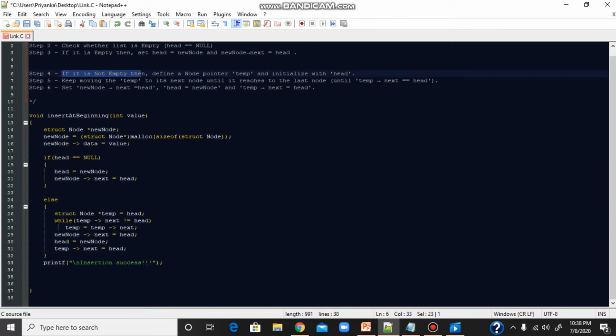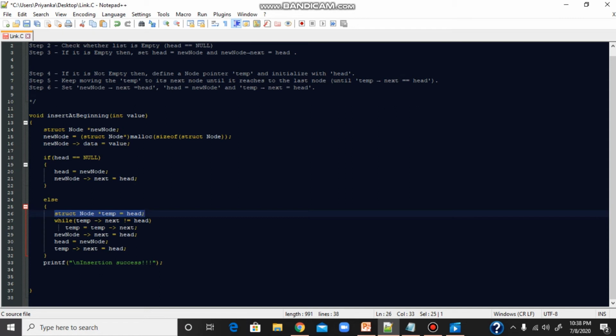If it is not empty, then we have to define a node pointer temp, and we initialize it with the value head. So in the code on the screen, we can see that we have a temporary node that we have created and assigned the value head.